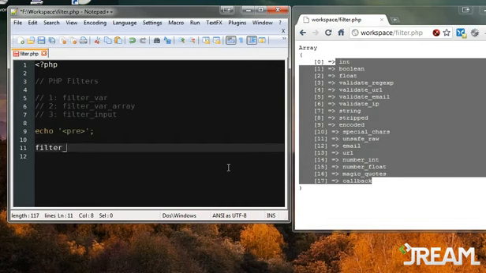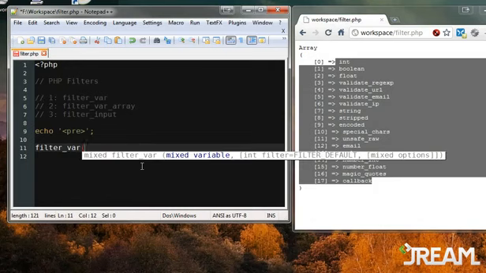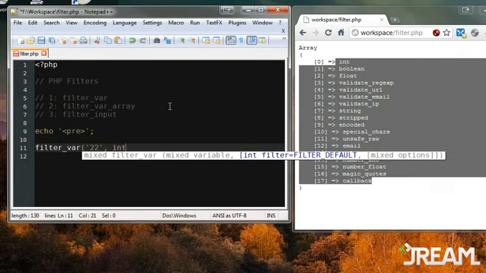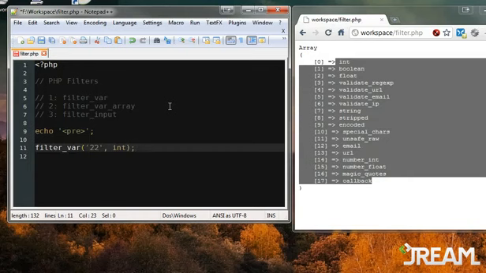So what we do is filter var, and that's the number 1 that we're going to play around with first. We type in the value, I'll just say 22, and then the type of filter we want to apply. You can see here we can use all of these. Now you might think I want to validate an int, so you type int, but that's not right, because that's just not a real thing. You'd have to type filter